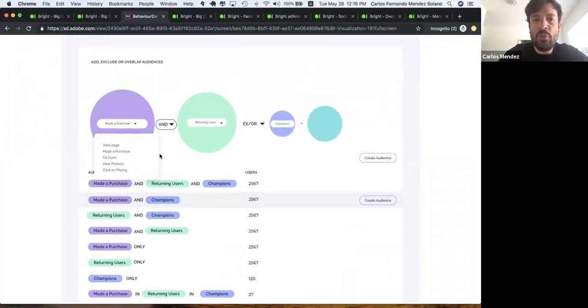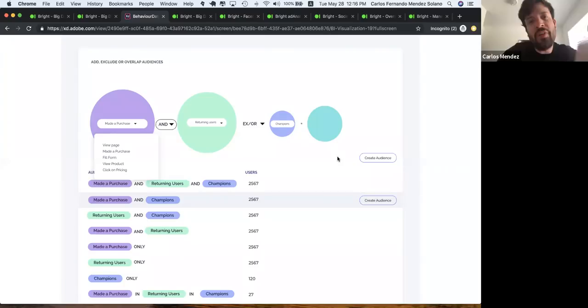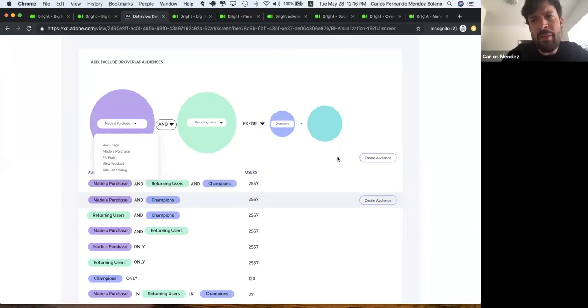The other thing that you can do here is advanced filters. So for example, again, as the example I mentioned before, if I want to see the behavior of people that made a purchase, but also are customers that are returning to my website, I want to create that condition and I want to understand how those people behave in terms of transactional and web data. And this is very, very powerful because usually the products out there give you either this web data or transactional data. For example, many people ask us,